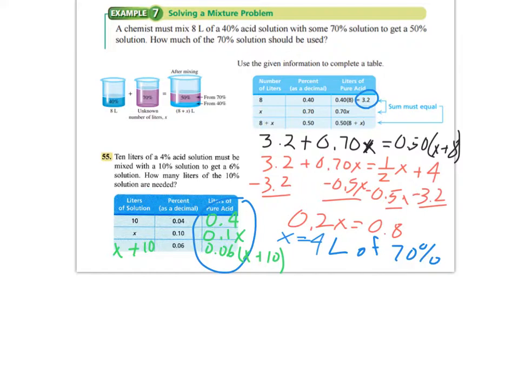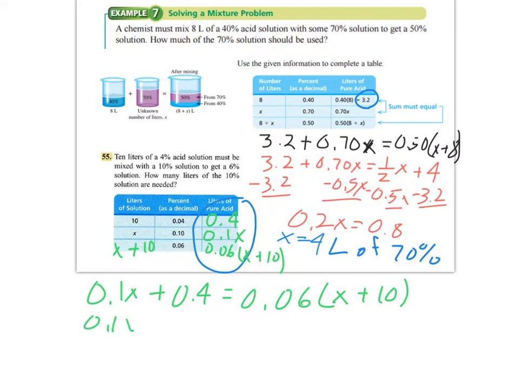So again, this gives me the equation. So I've got the 0.1x plus the 0.4 liters of acid that we already have, and that should equal 6% of whatever we get as far as the x plus 10. And again, they might think of it as the 10 plus x because we're adding to the 10 liters that we already have. So we would distribute on the right-hand side. So we get 0.1x plus the 0.4 equals 0.06x plus, and we just multiply that by 10, so that's going to be 0.6